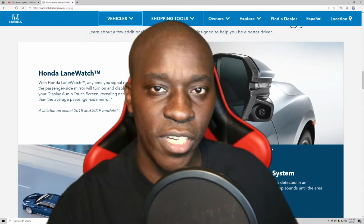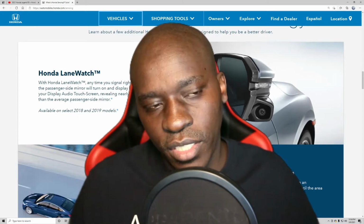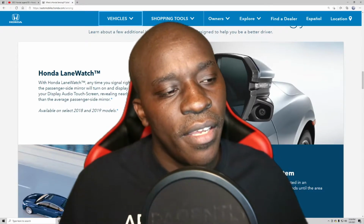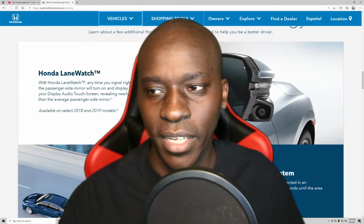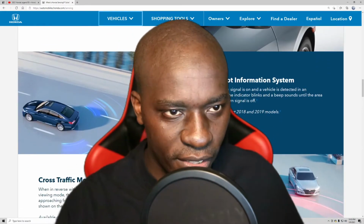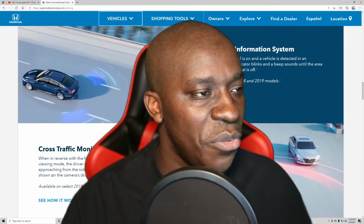Essentially, when you turn your signal on, it would show you on the display on your center console whether there's a car there or not. That one was only available for the passenger side, so you can watch your blind spot. I guess it's called blind spot monitoring. But then they changed it so they just have a little logo right here letting you know some cars are there, which makes absolutely no sense at all. I'd rather have the camera, to be honest, especially when I'm trying to switch lanes. Anyways, moving on. And then you have the cross traffic